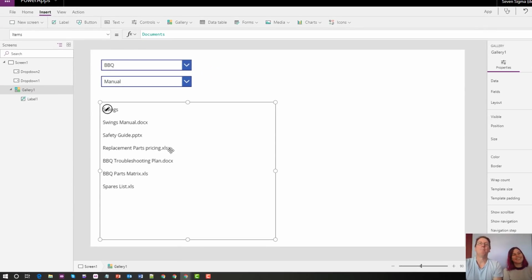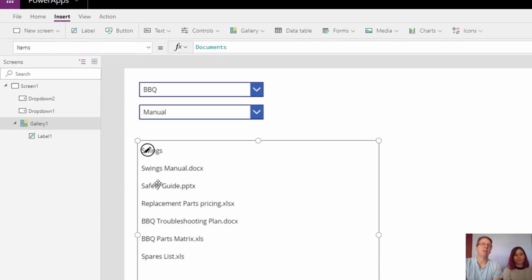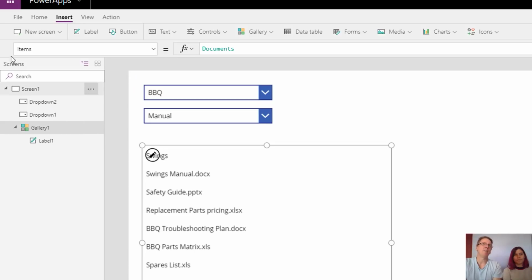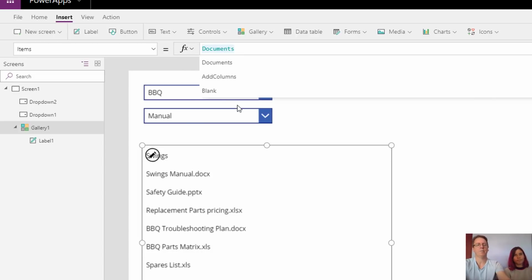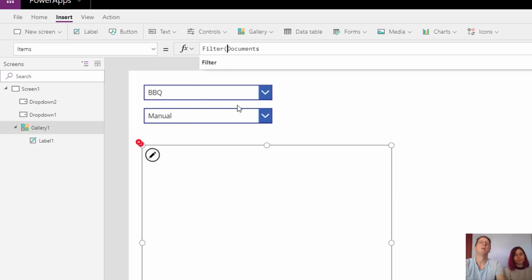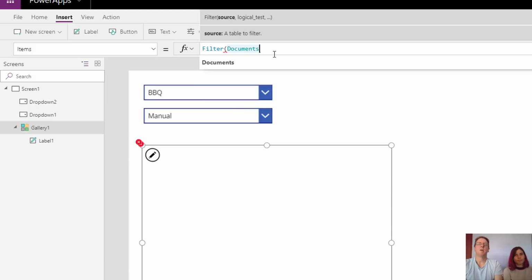All right. So the next stage is this. Now that we've got this working, we need to filter all of this content based on these 2. So the gallery needs to be filtered based on what's in here. If we come back to this gallery, when we first wired it up, the items property is set to the documents library, documents. But now what we need to do is actually filter. So if we do this, filter, we'll filter the documents based on